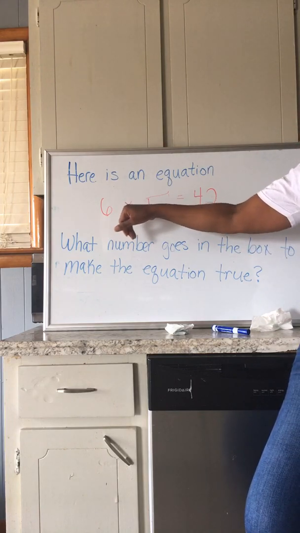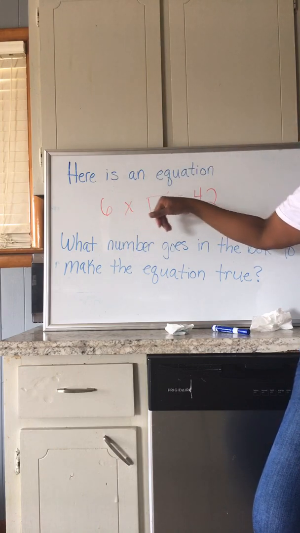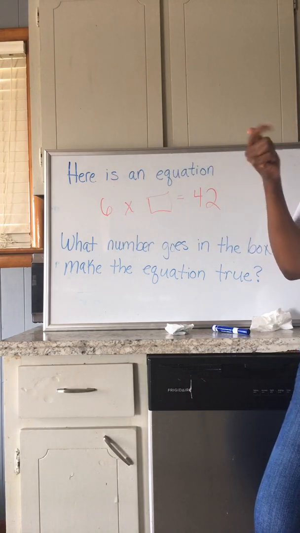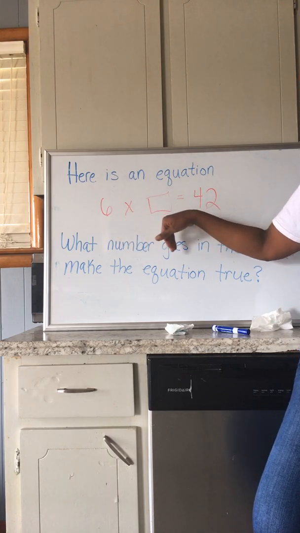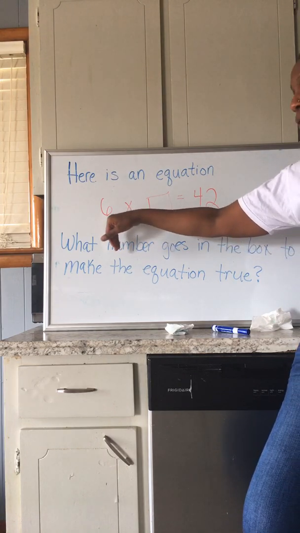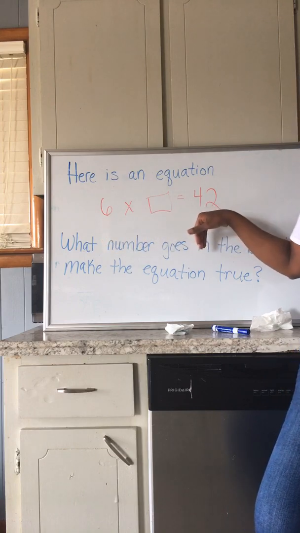So then I'm going to either have to know that 6 times 7 equals 42, or I'm going to have to multiply by 6. If it says 6 times, that means there's some number here that once I multiplied it by 6, I got 42. So you're going to